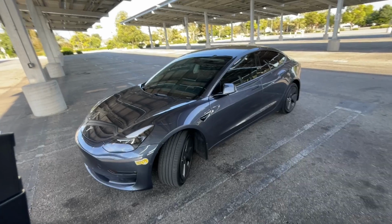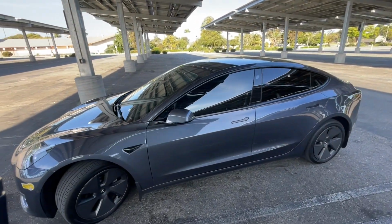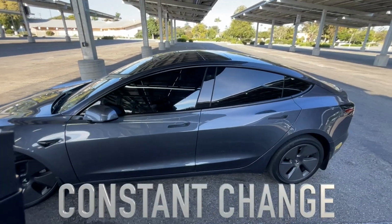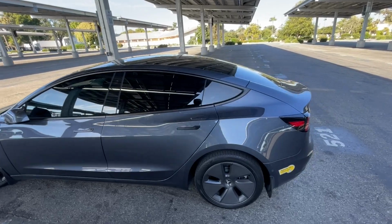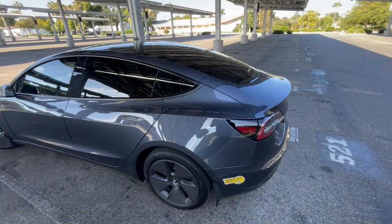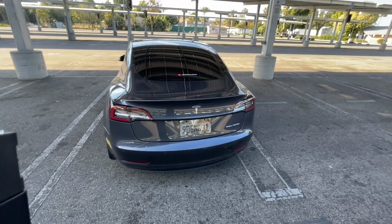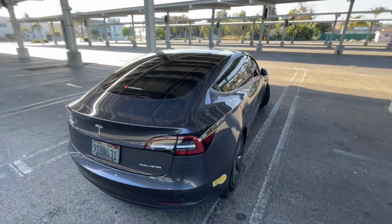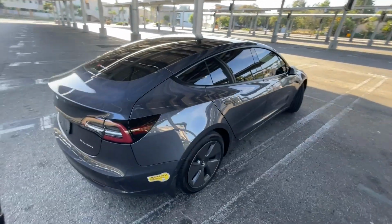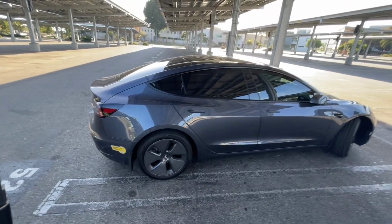And that brings me to my next point. Another negative of having one of these is just the constant change. Either the price is changing or the features are changing. Project Highland is supposed to come out really soon, which is the refresh Model 3. So that's going to drop the value of this car even more. It's just kind of like buying a laptop. An Apple laptop is the perfect example. When I bought my laptop, it was the latest, greatest. And then I bought an M1,